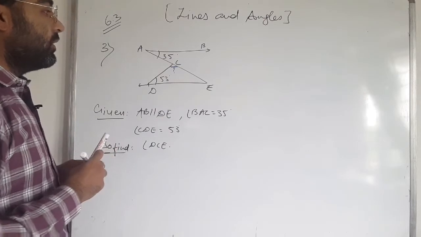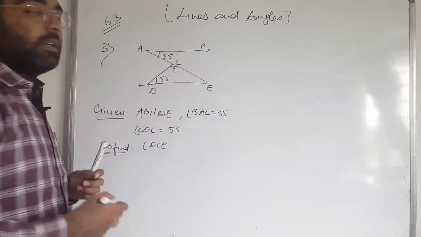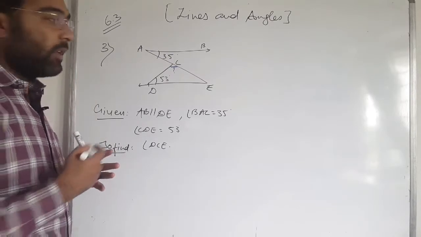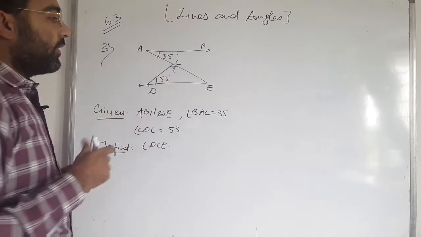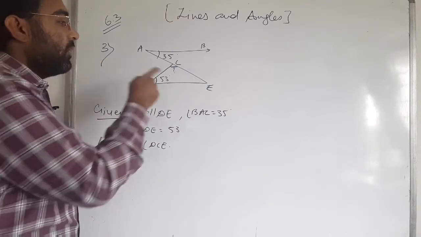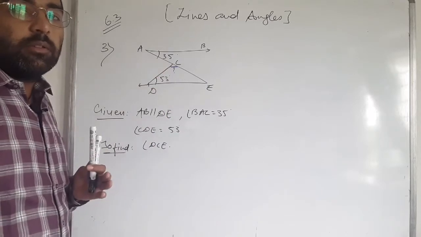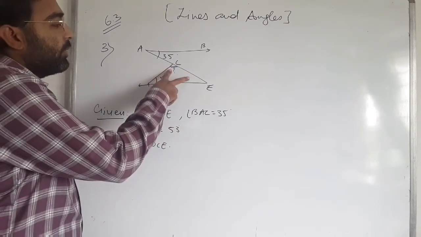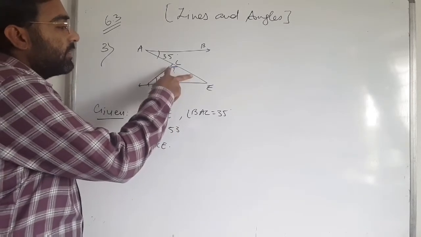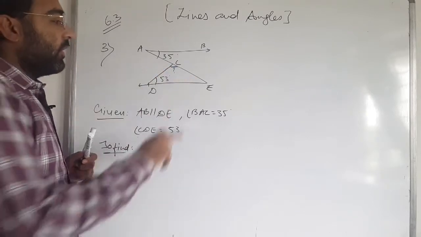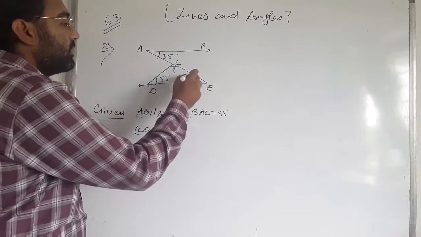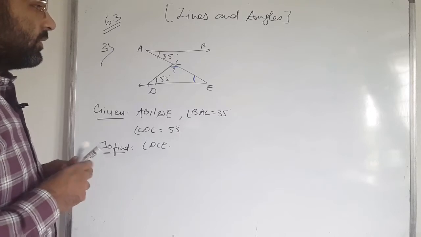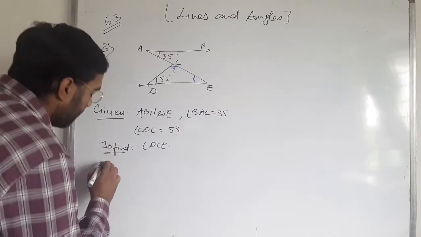First of all, here the triangle CDE is formed. So we have to take the angle sum property to find this angle. For the angle sum property we need at least two angles of the triangle, then we can find the third angle. Here two angles are missing in the triangle, so we have to find one of them first, angle CED. For that we have to write the solution.